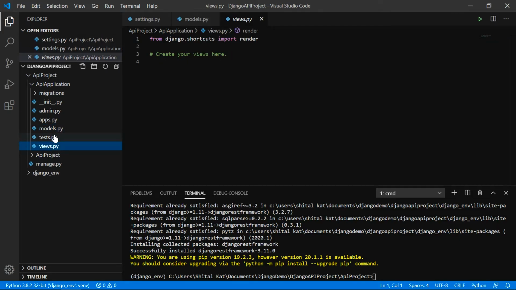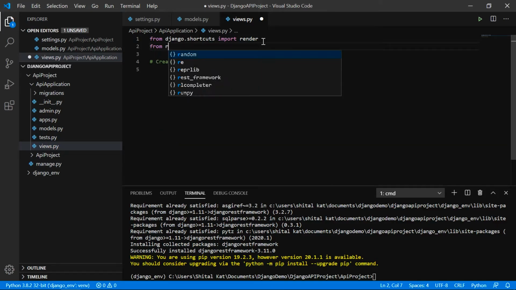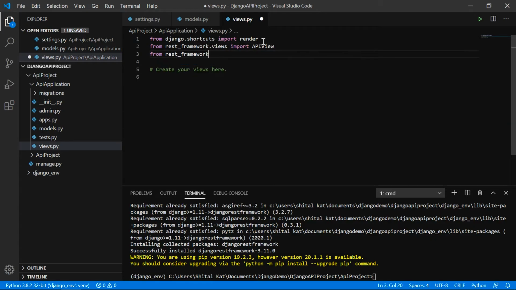Now let's go to the views.py and create a class which extends API View. So all the functionality written in API View class we can reuse in book API View.